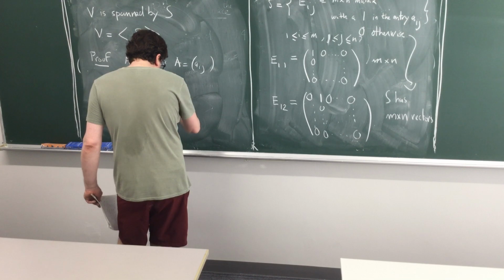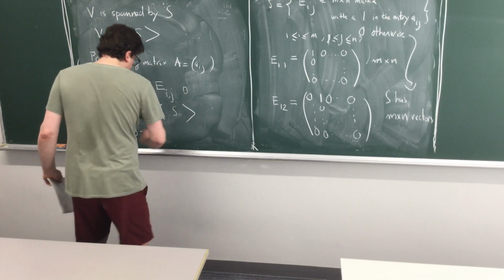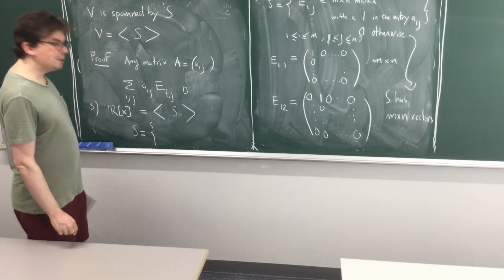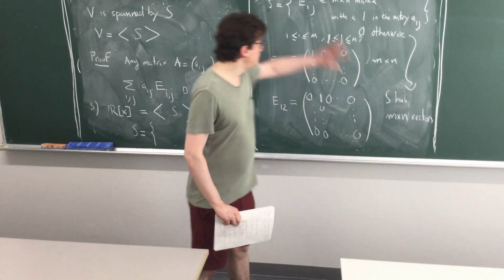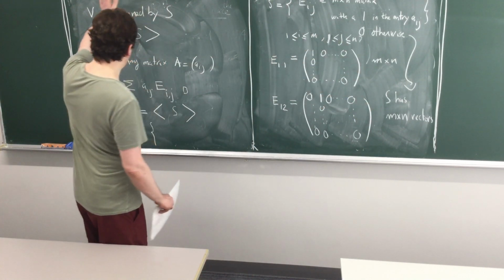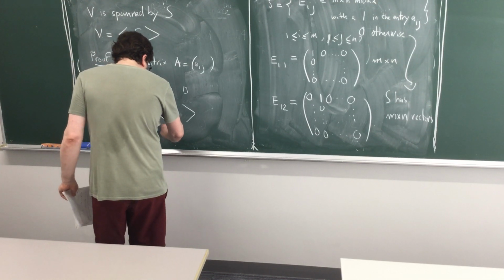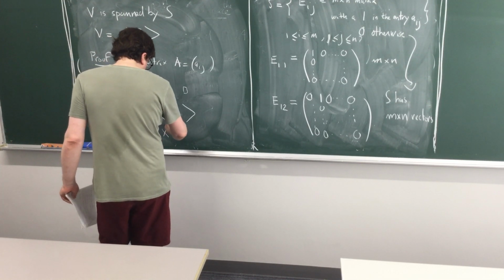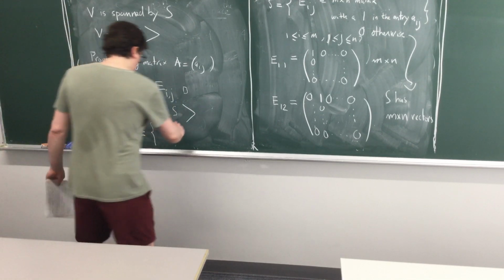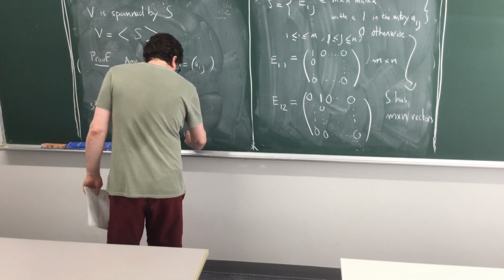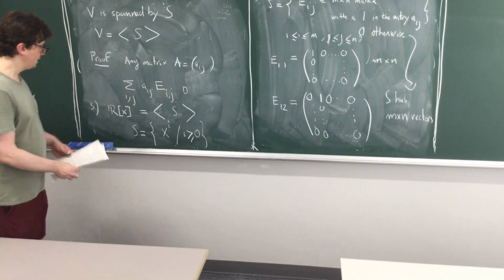S will be, in this case, not a finite set of vectors. Before, we had m times n vectors, it was a finite set, and here it's not a finite set. So basically we are going to take all polynomials which are like this, x to the power i, where i is greater than or equal to 0.